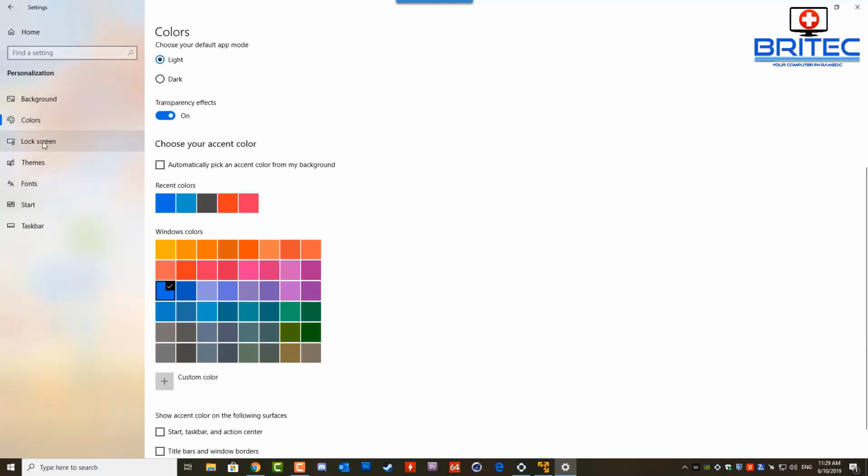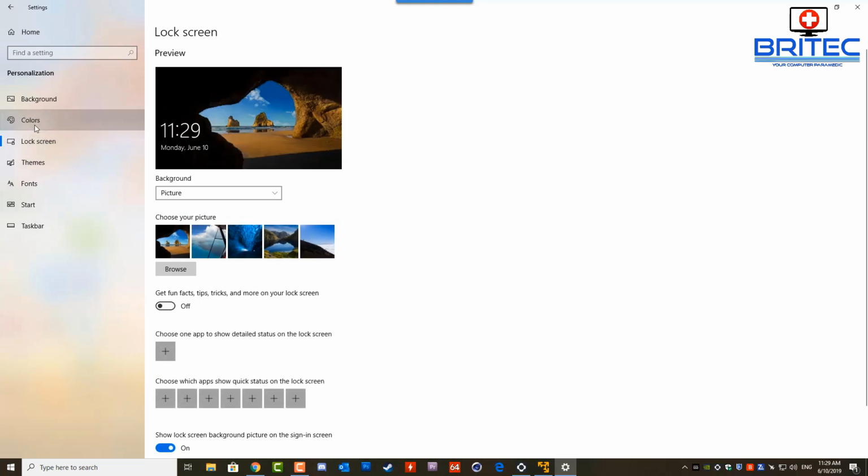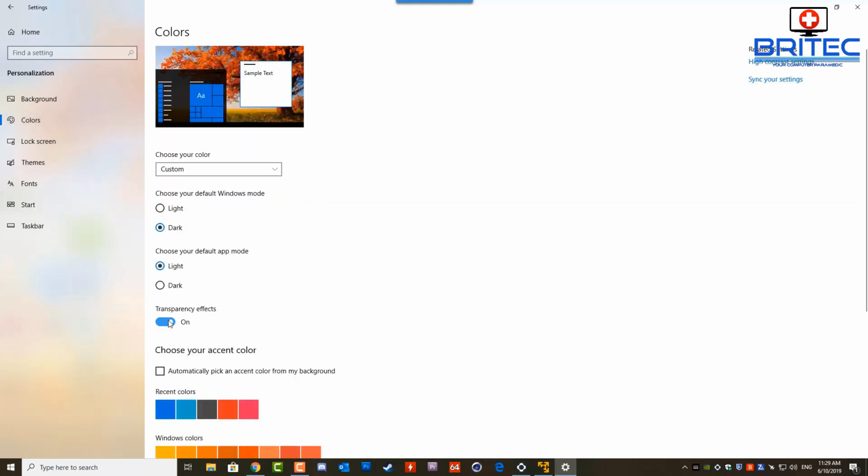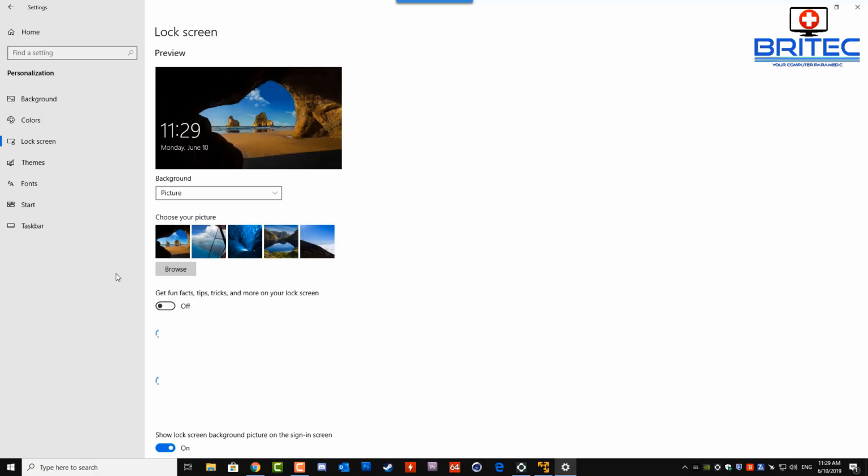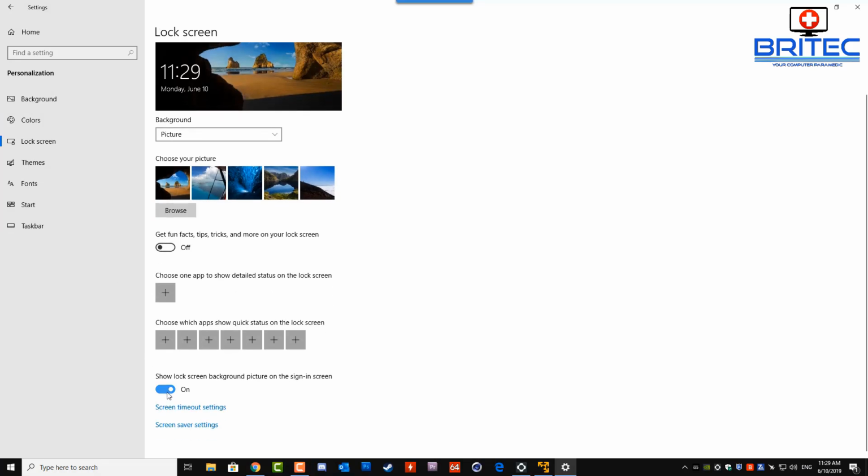You can do your colors. Transparency is one of the colors that you may want to turn off. Transparency effects, this is that little transparency you've added onto your logon screen and also your sidebar here, which can take up some resources, so if you want to turn that feature off, you can do. And also, moving on down